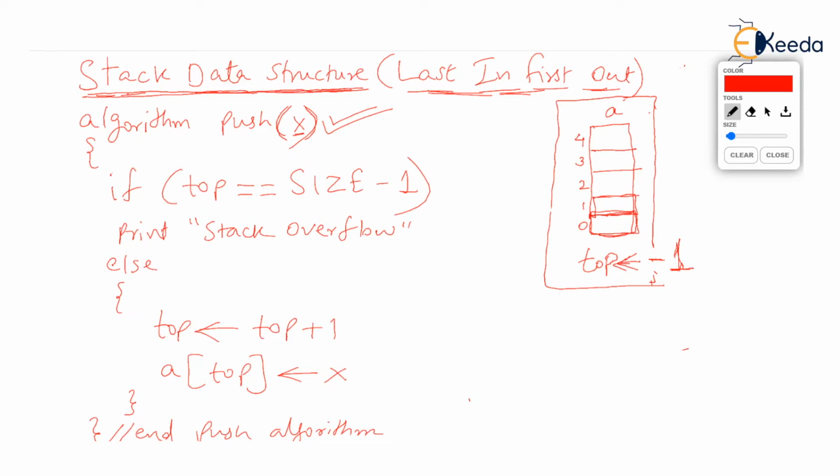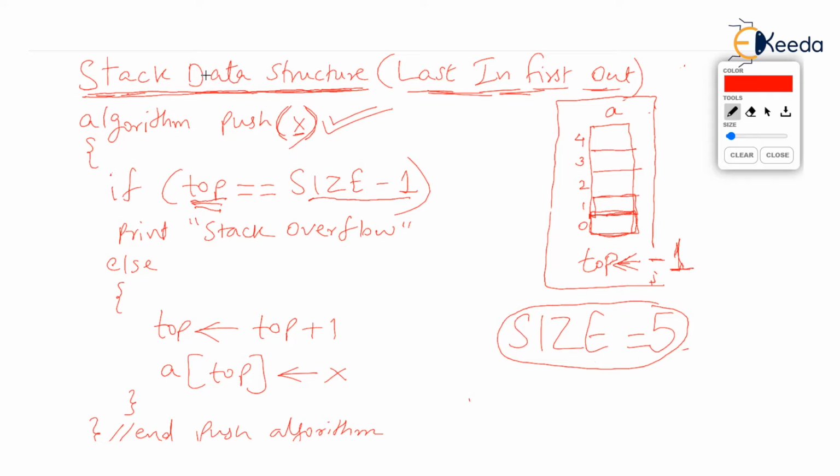Then we first check what is the status of the top. Check the if statement. We ask is the value of top equal to size -1? Now in our example, check that size of the array is 5. Yes, size is 5. That's why the elements are 0 to 4 in the array. So we are asking is top equal to 4 because size -1 here is 5 -1, 4.